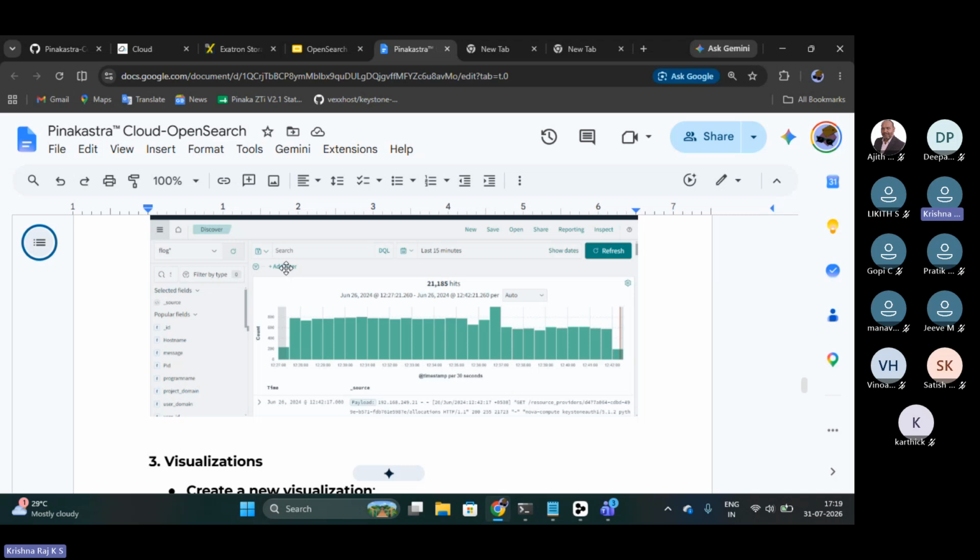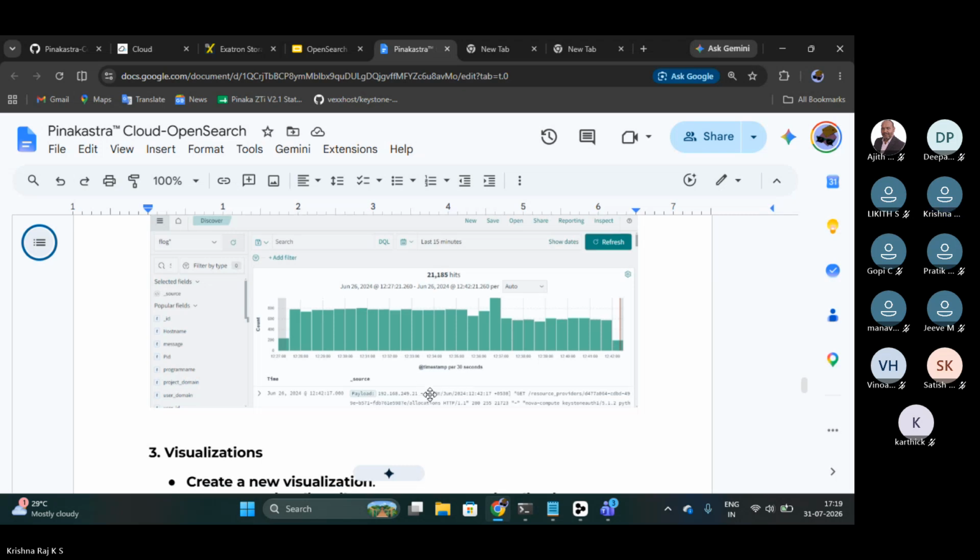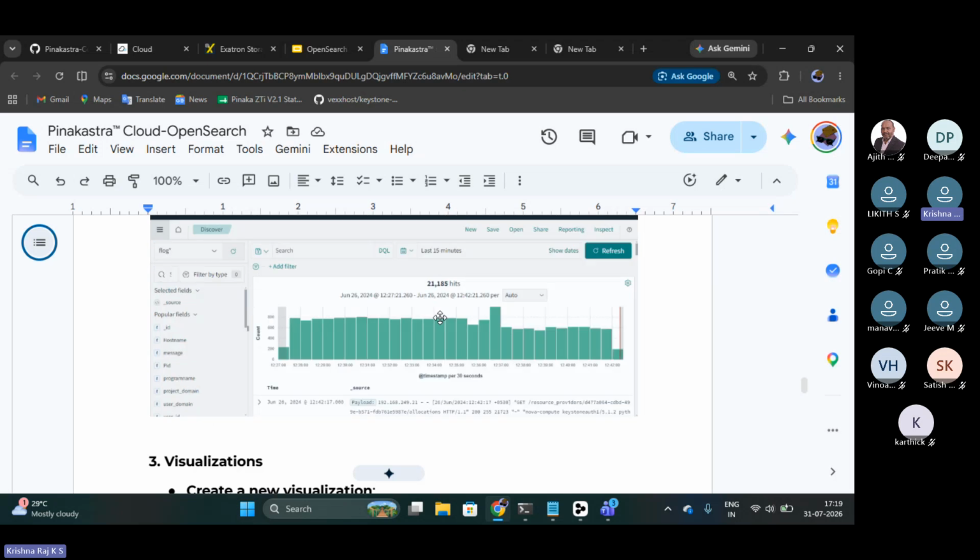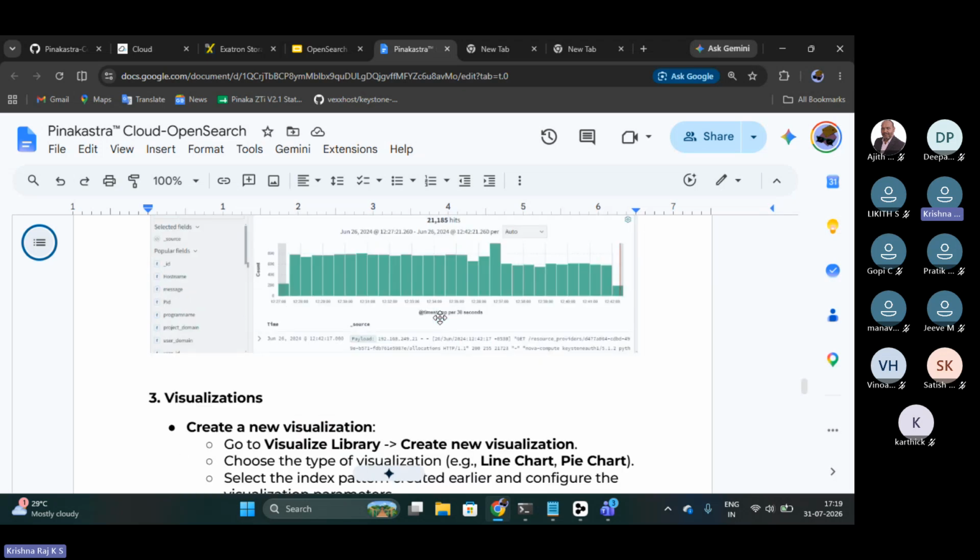We have a log word. Okay, let's see, Horizon is error. It's a default query. If you put that filter here, it will show what errors happen in the Horizon service. And if you want to create your own visualization dashboard,